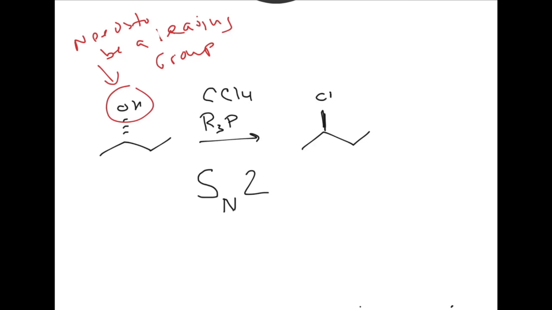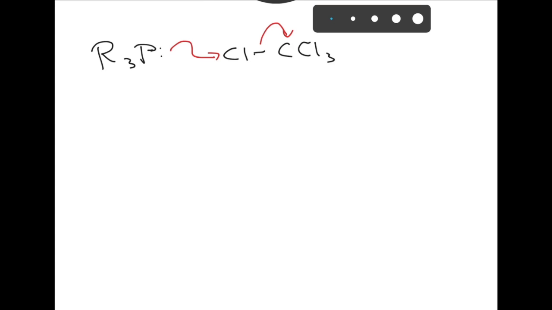Now this is going to work similar to the Corey-Fuchs reaction. If you remember the Corey-Fuchs reaction, you had your phosphine, and it reacted with a carbon that had 4 halides on it, and the phosphine added to one of the halides and pushed electrons onto the carbon. So the carbon was actually the leaving group in this case